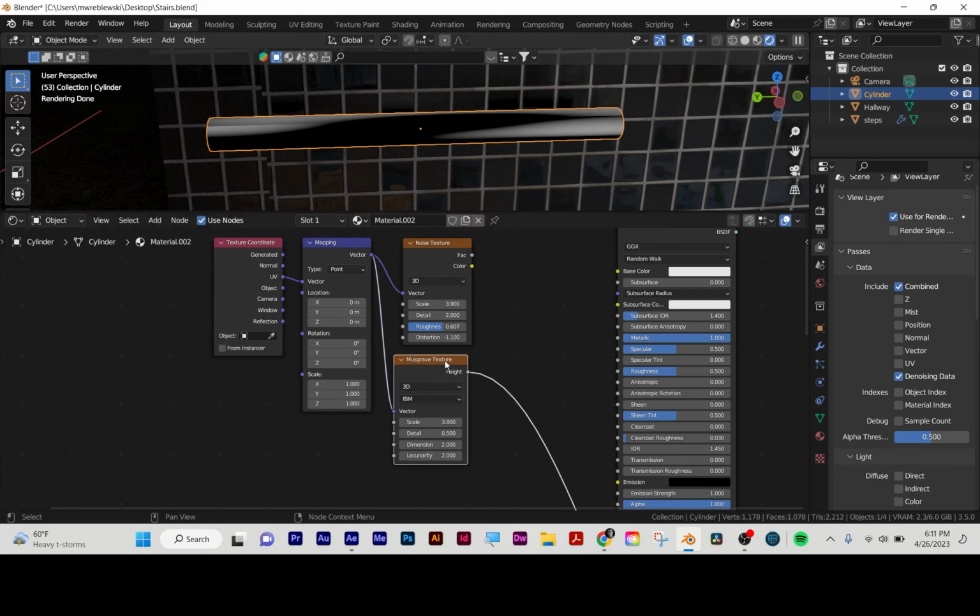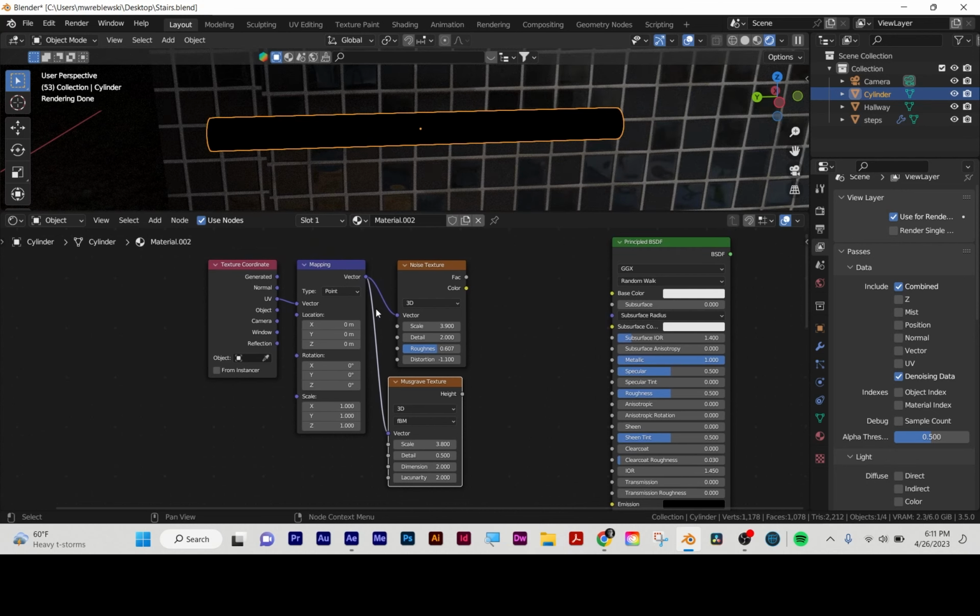All right, so let me just cut that. To cut a node strand, you hold down the Control key and you right click. You'll see a knife appear, and that's how you cut the node strand. Hold down Control, right click with your mouse. So I'm just going to reconnect that. Okay,